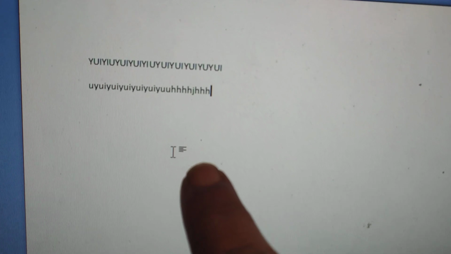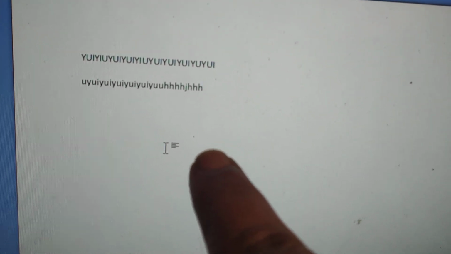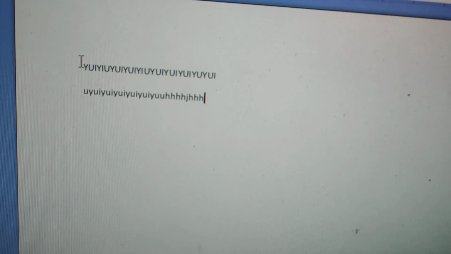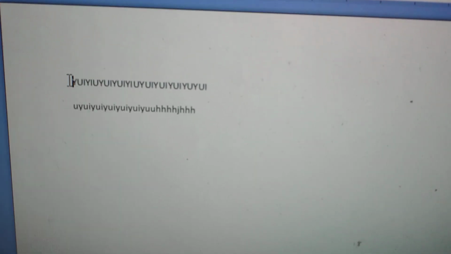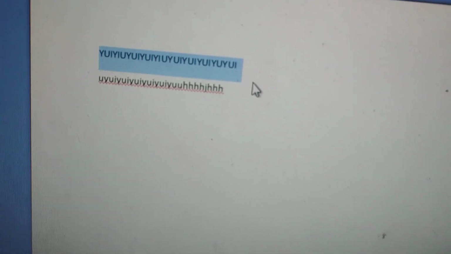Now see how to select and how to give effect to the text. Now this is my I-beam. I-beam is that mouse pointer. This mouse pointer I will take in front of the text, and do you know mouse very well? This is the first button of the mouse, that is the left button. Okay, then take the I-beam in front of the text, press first button and drag it. You will get one blue color, green color, gray color border on your screen to the text. It means that text is selected.